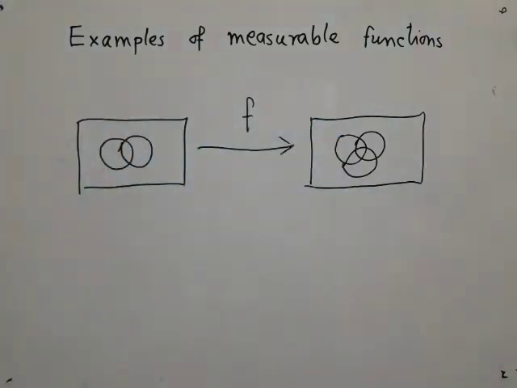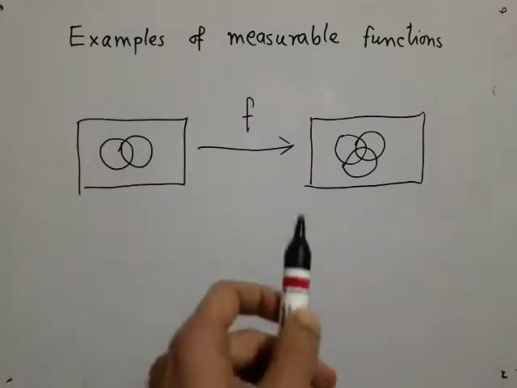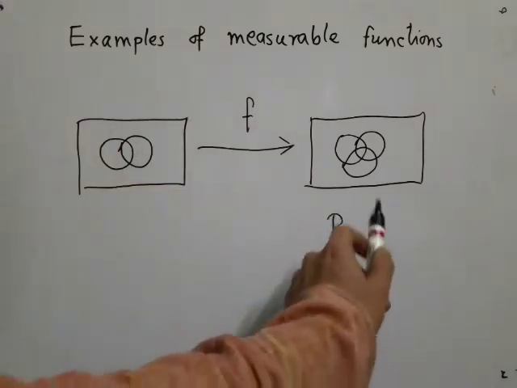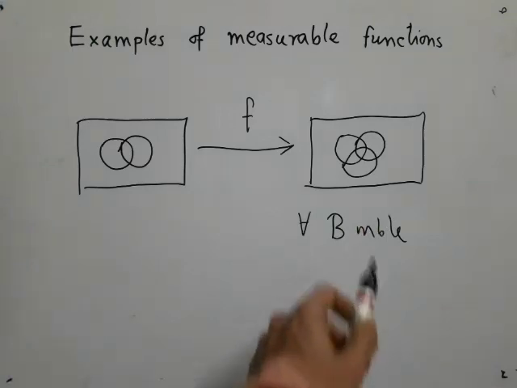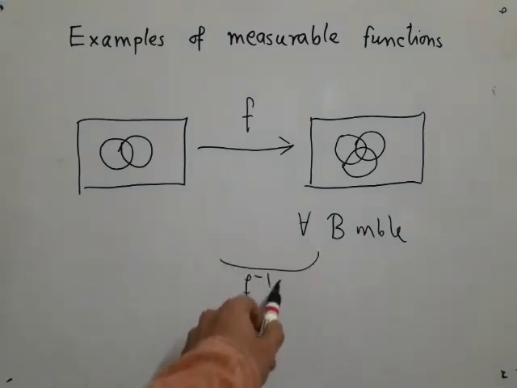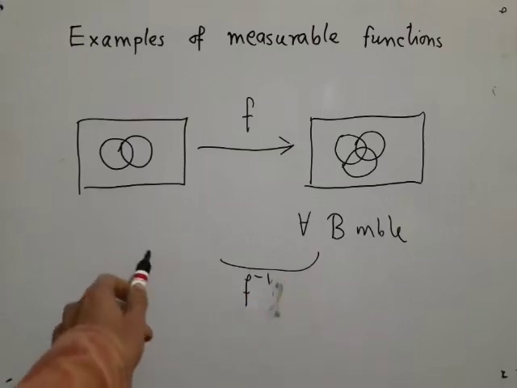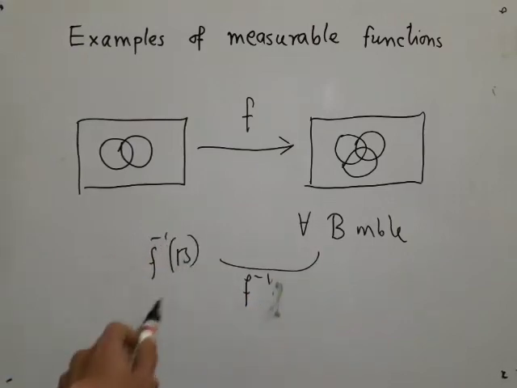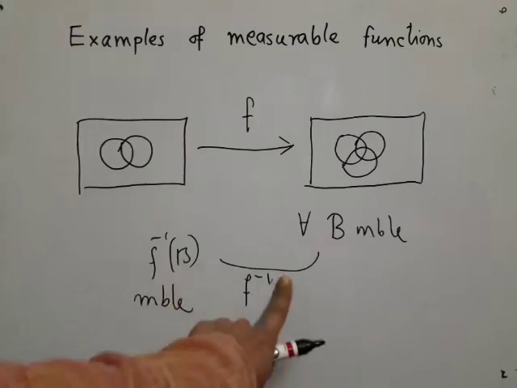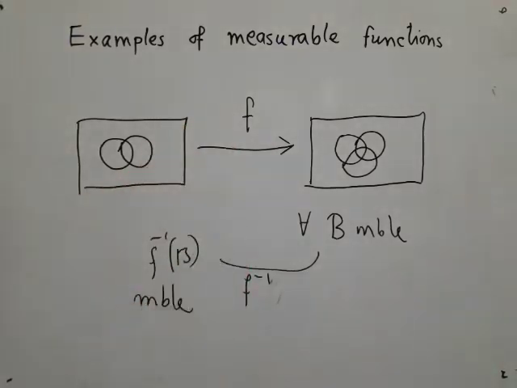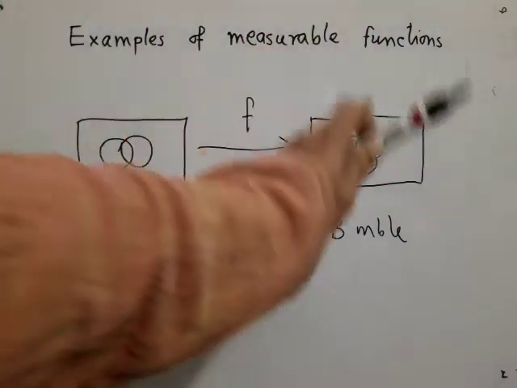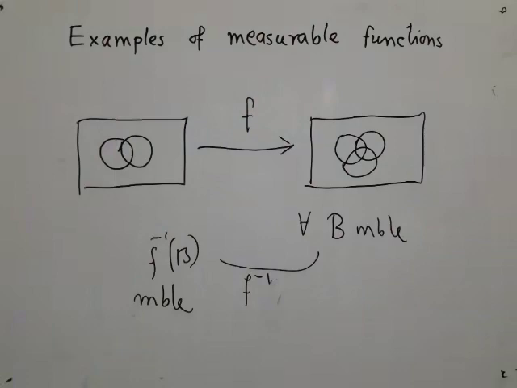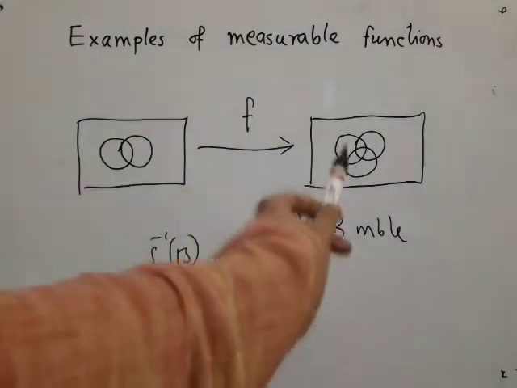I will quickly remind you of the definition of measurability. If I take any b which is measurable here, I want f inverse of b, that is the pre-image of b, to be measurable here. So f need not be invertible. By f inverse of b, I understand all the points here which map to that set b. So pre-images of measurable sets must be measurable, much like the definition of continuity, where pre-images of open sets must